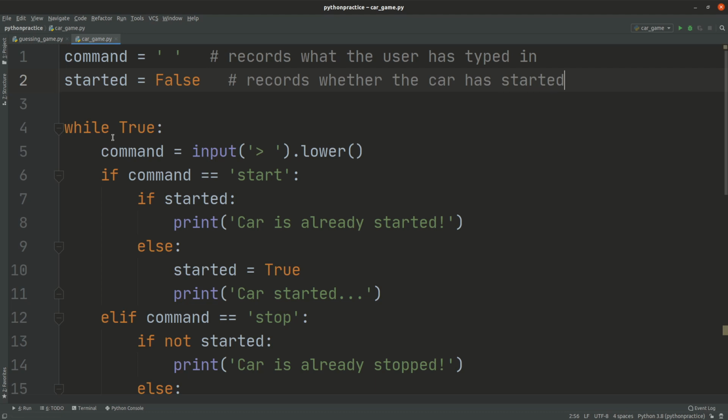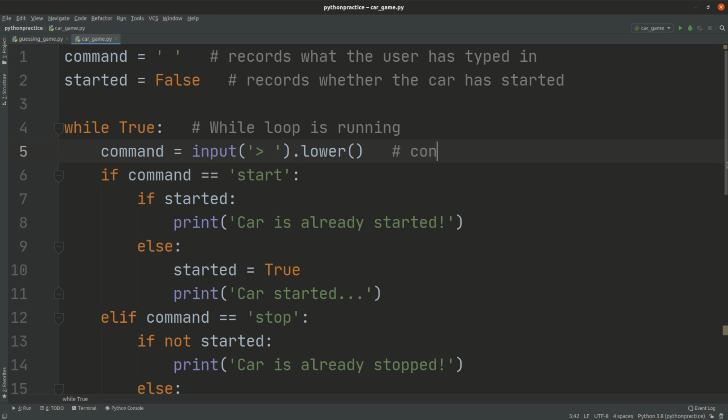Now this while loop is saying while true, so that means the while loop is running. If it says while true, that just means we want to run this while loop. And we just reassign this command into an input, and we put dot lower. So this dot lower method will